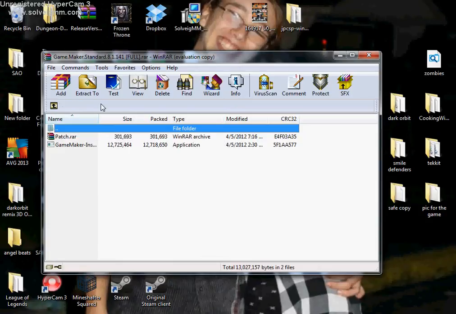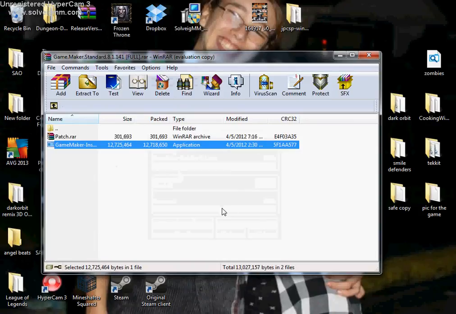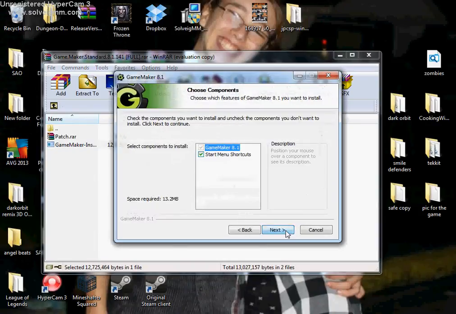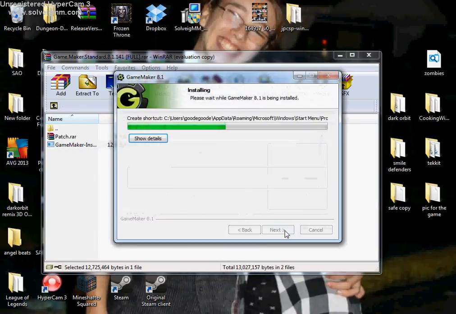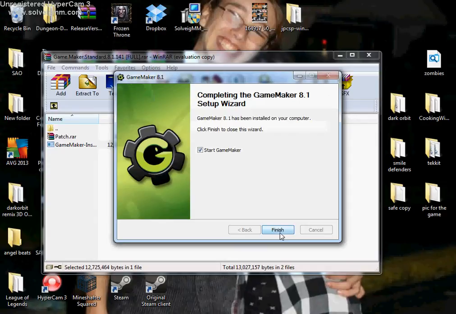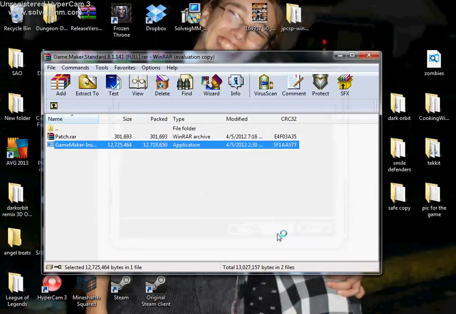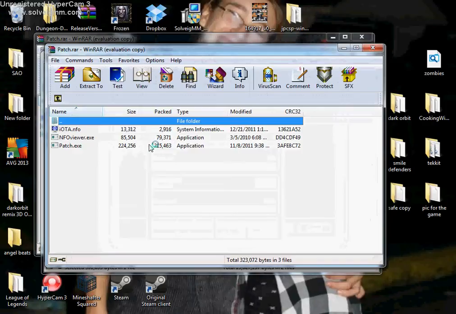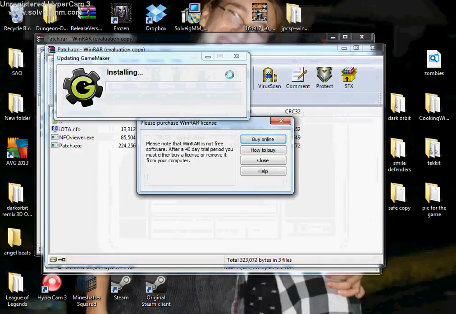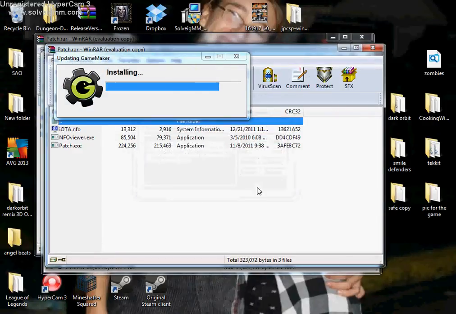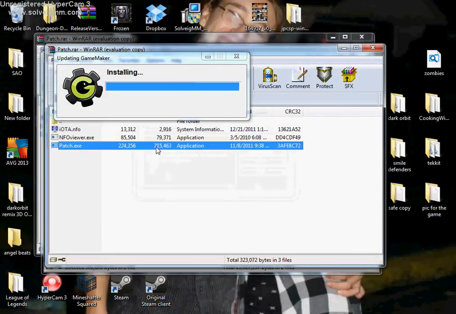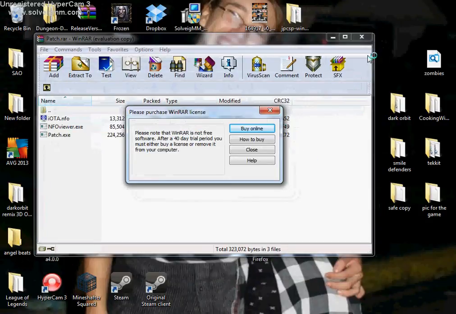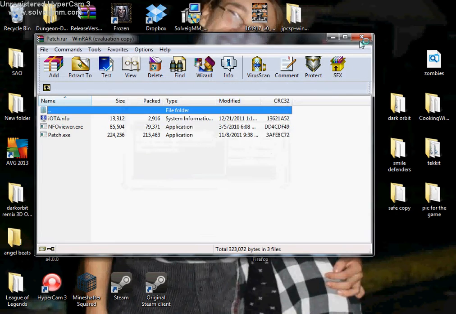So let's start with opening up the program. We'll install the program, all that good stuff. Alright, it is installed, start it off. To get the patch, just double click this. That'll update, by the way. To get the patch, double click this, just extract the patch, just drag it onto your desktop. I do use WinRAR, you can use 7-zip or whatever, as long as it's the same way of getting the